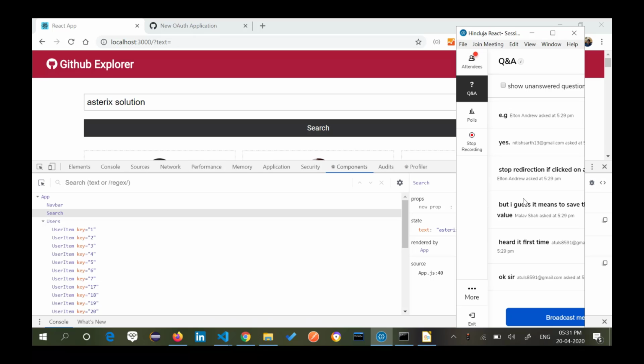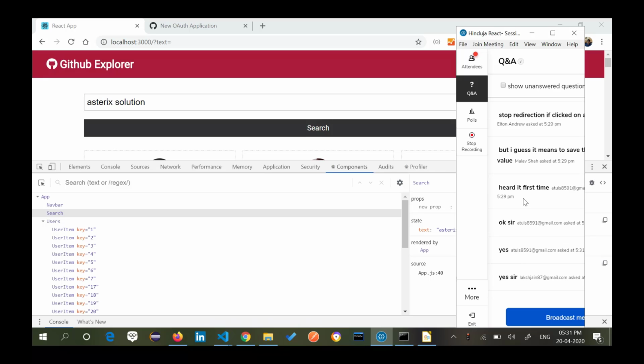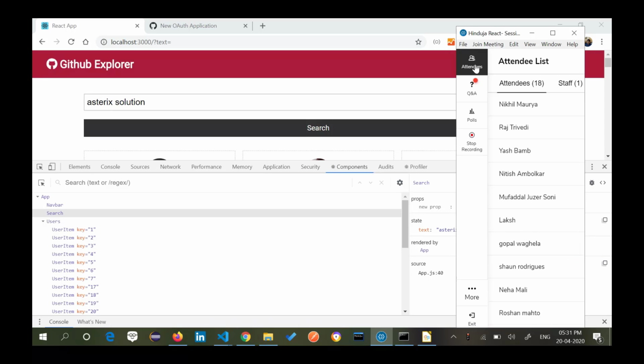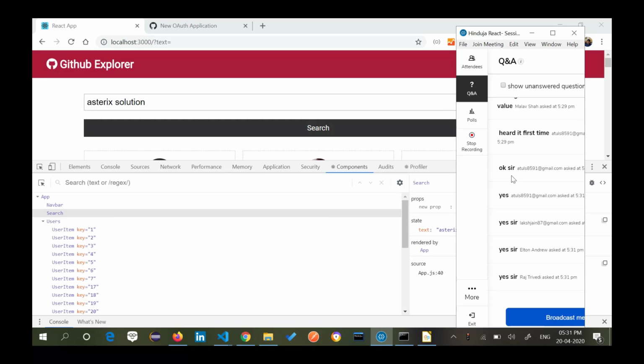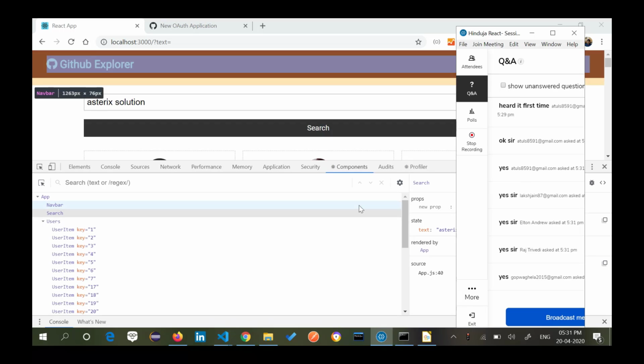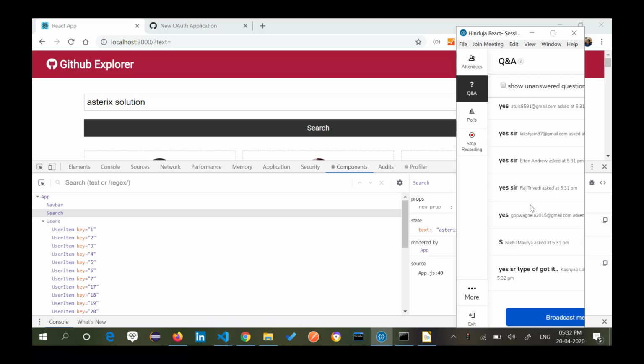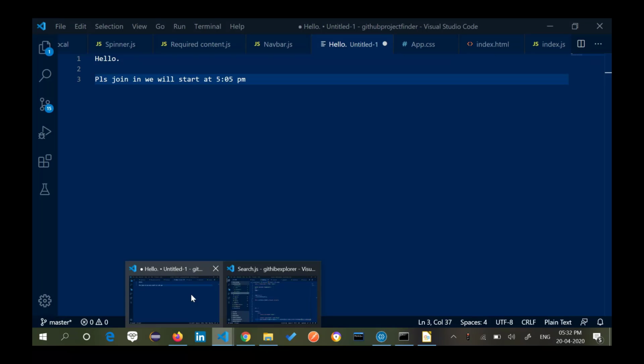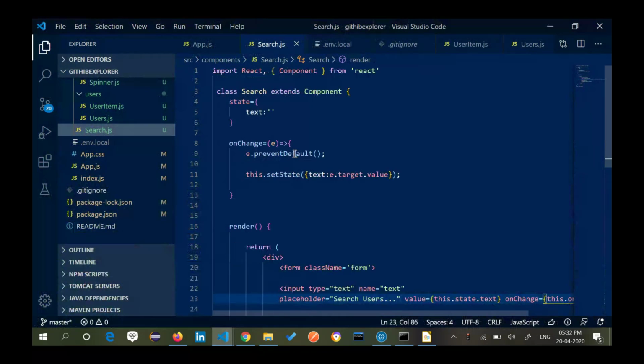I know it will take some time for you guys to understand, but once you practice this, you will understand it very clearly. Can I get a quick round of confirmation from you all that you are clear what exactly we did here? I declared a text field, I wrote a state, and I connected that state with the text field using the onChange listener.